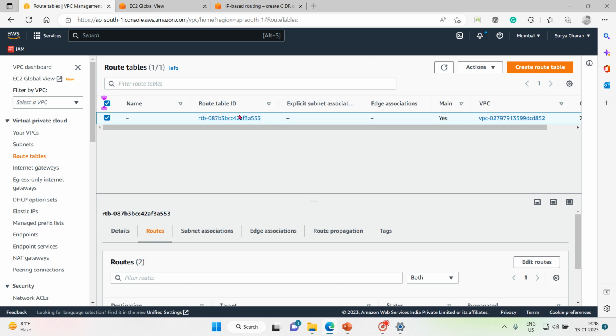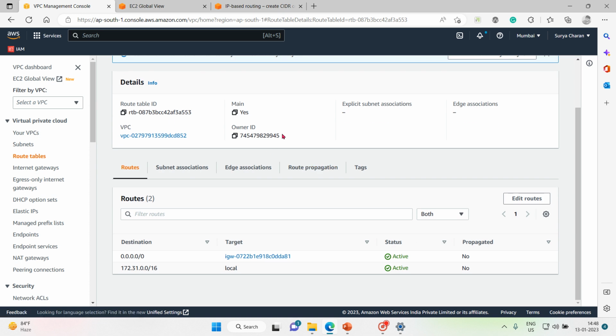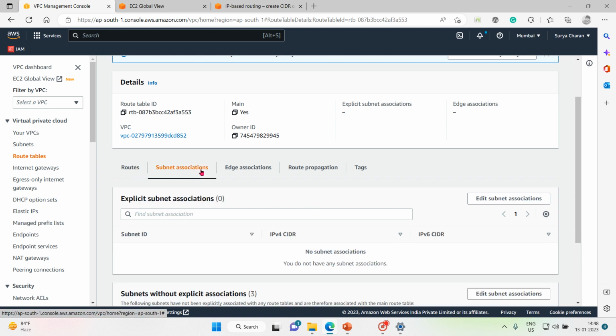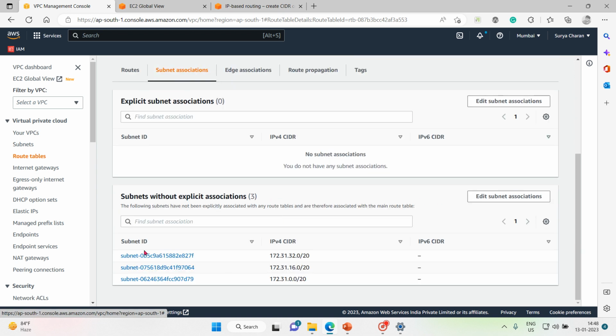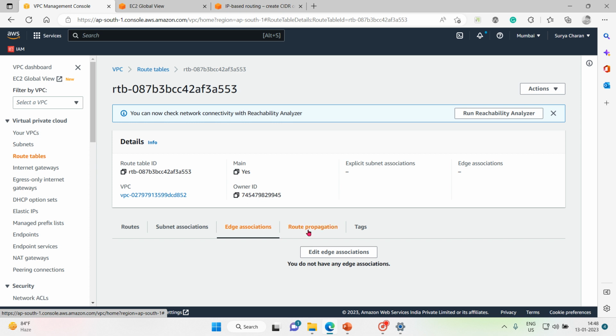For example, here we have one route table ID. So let's click on this route table and we'll see. This is the route table ID, and of course we cannot get it exactly, but you can see these are the subnet associations. These are the three subnets. This route table got associated with this ID, and then edge association, I don't think it's there. Route propagation,